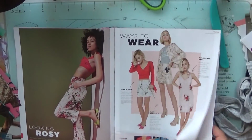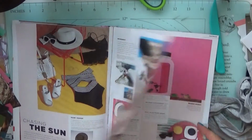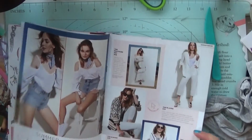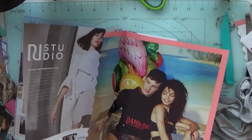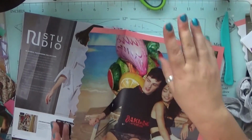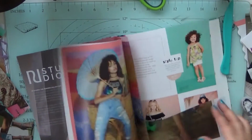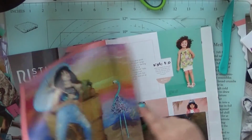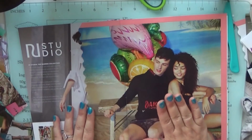So we have some full pages, we have some half pages, and I think we might have some pages with a square cut out. Yeah, see this, there was a patterned piece and I just cut it along the pattern. I quite like that. Now I'm going to work with this one just to show you something. And we have another half page there and another piece there. Love that. Okay, so with this one, I do quite like the picture, so